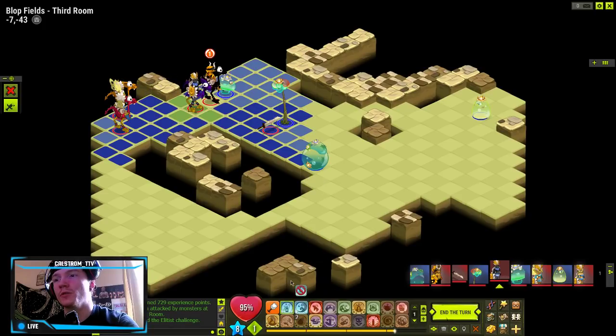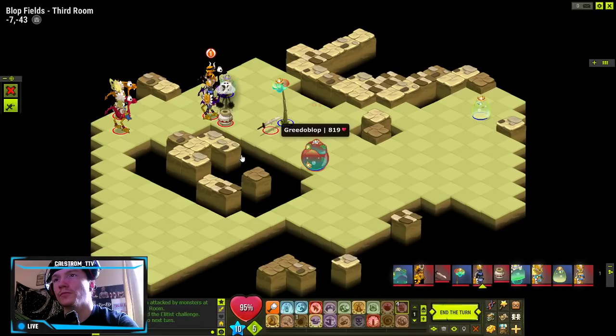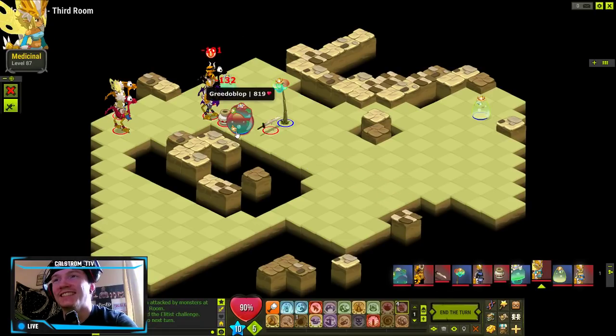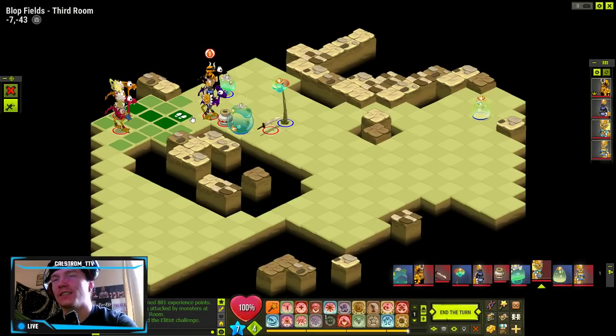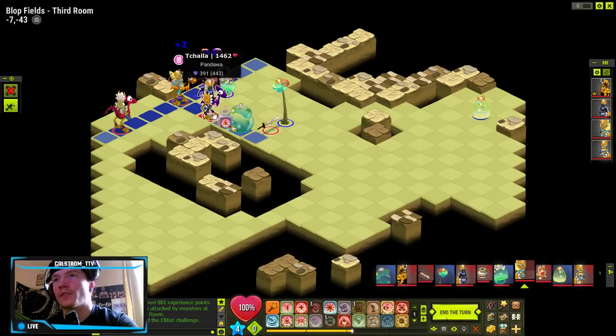What I'm going to do is, I can't really do much. Okay, I messed up massively. I forgot the attractive barrel attracted. I guess it's not too much of an issue, unless we get one-hit KO'd by it and die and lose everything, which could happen. No,